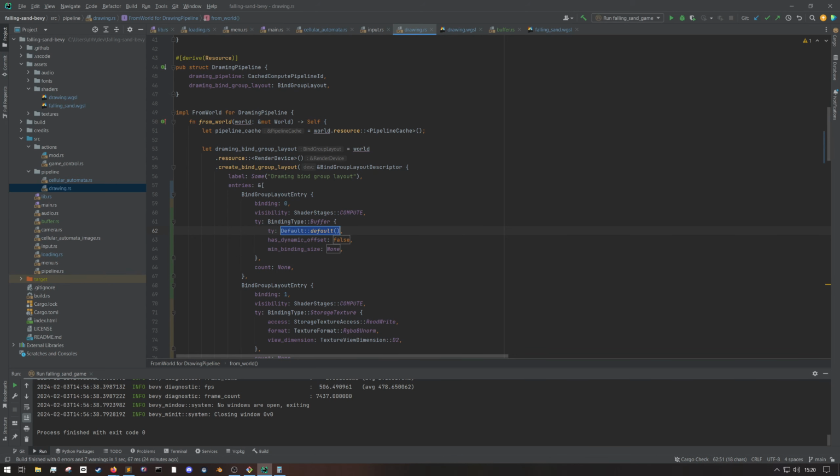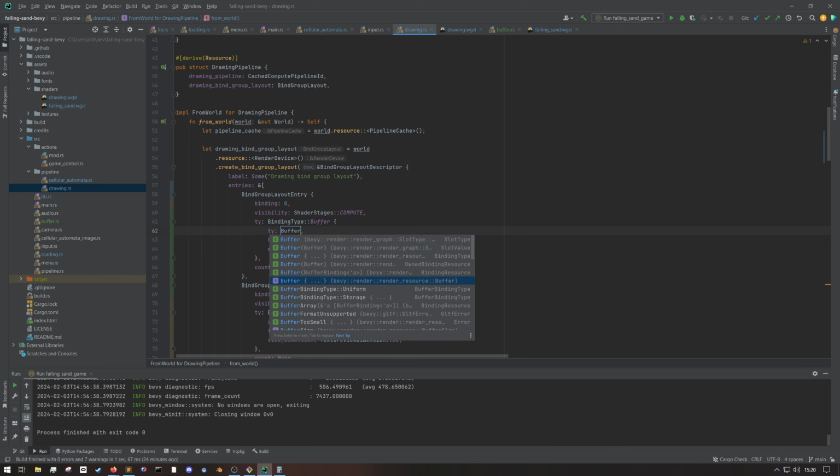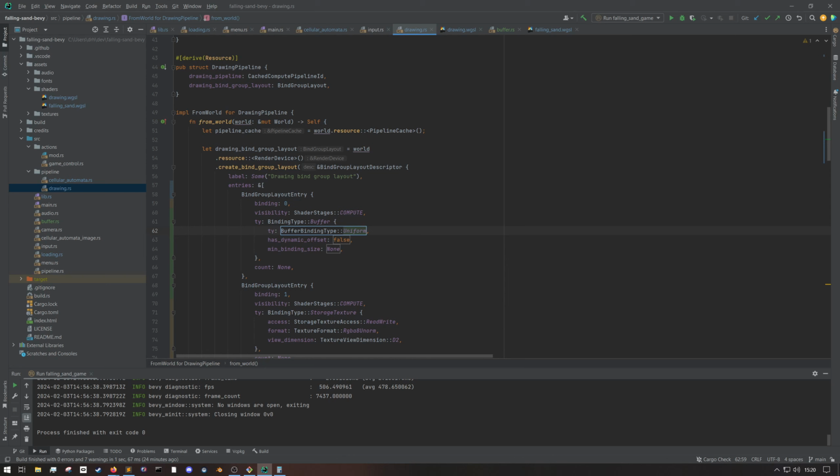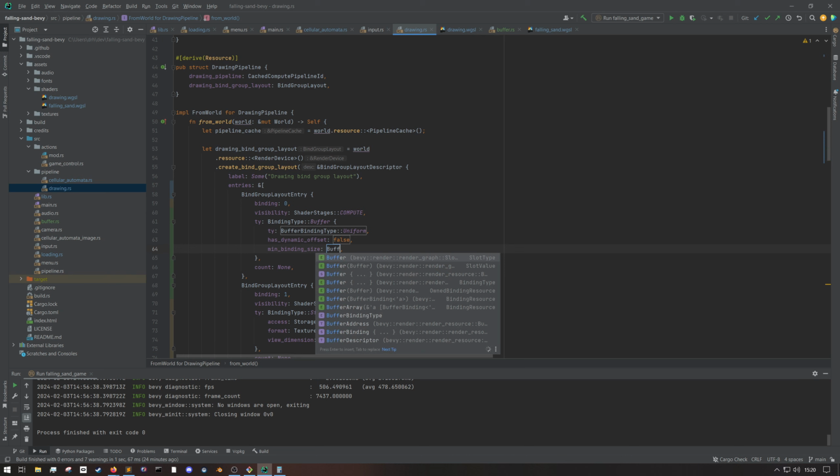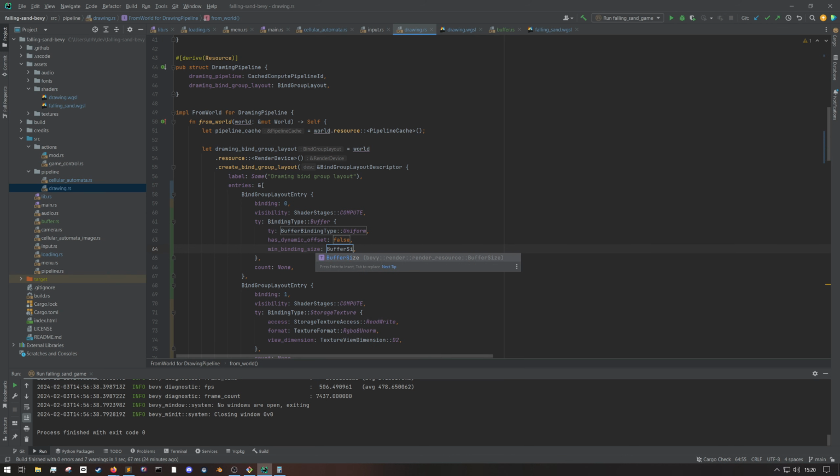The type being buffer binding type uniform, just like before. Keep that as false. This is essentially exactly the same as we had in the other part of the pipeline. And it's 2 times